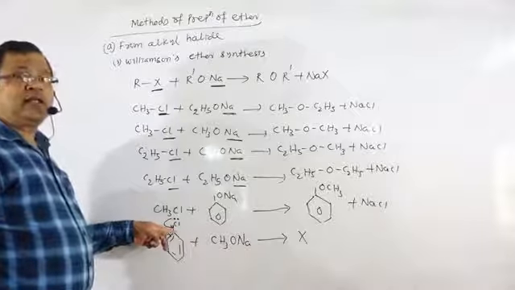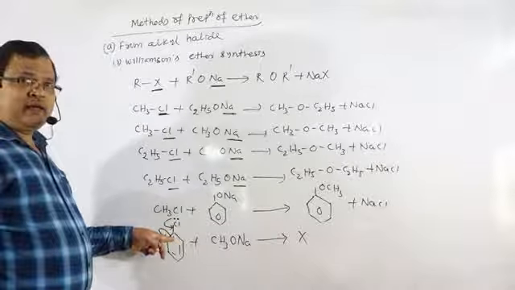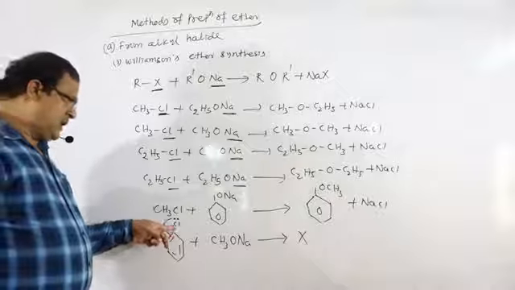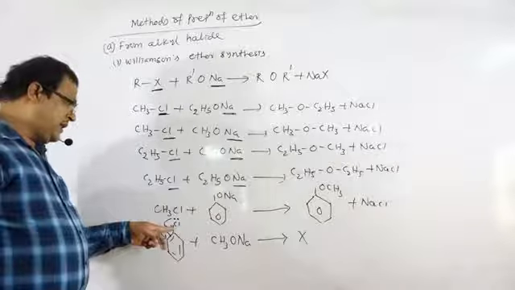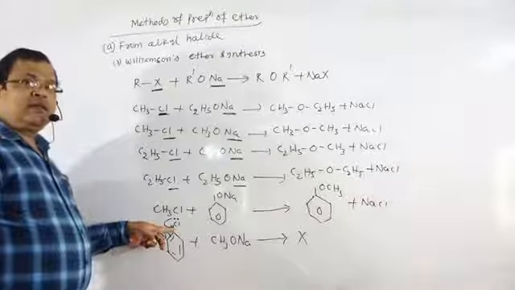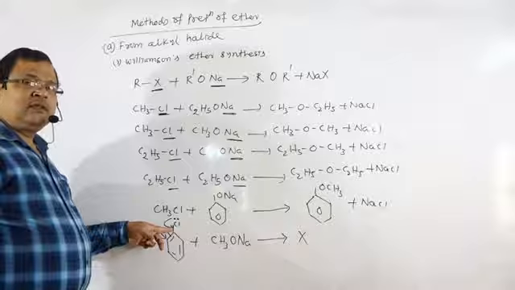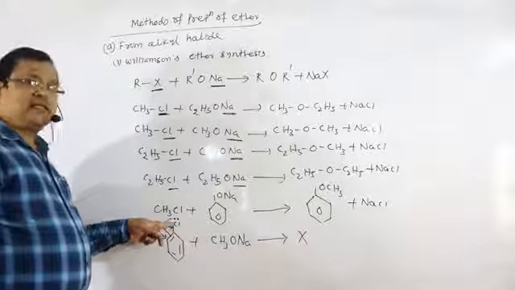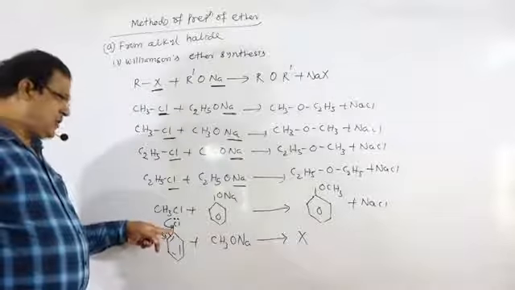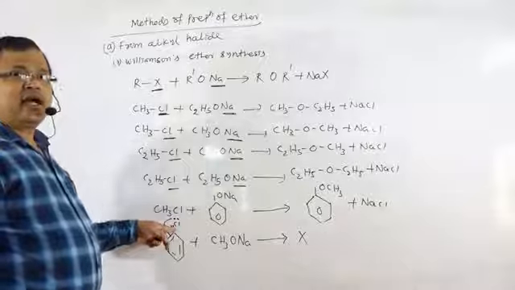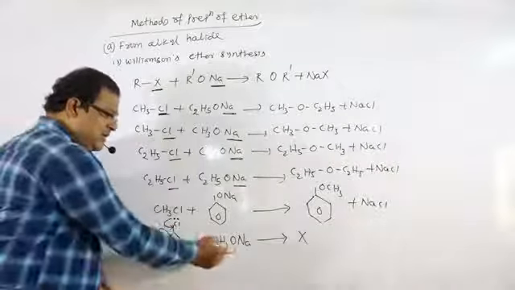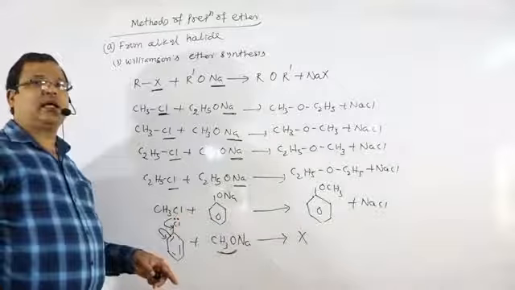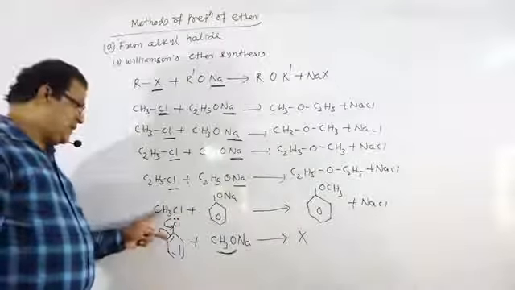With the double bond characteristics, the sp2 hybridized carbon atom, the bond length is 1.68 instead of 1.8. So bond length decreases, double bond character develops, then the bond strength increases and the reactivity decreases. So this chlorine atom is treated as inactive or inert chlorine. Therefore it cannot be replaced by the alkoxide ion, methoxide ion. So this is the difference.